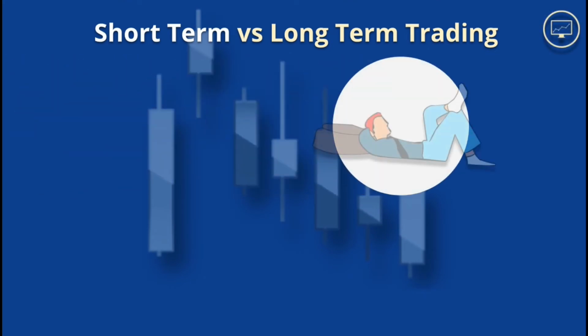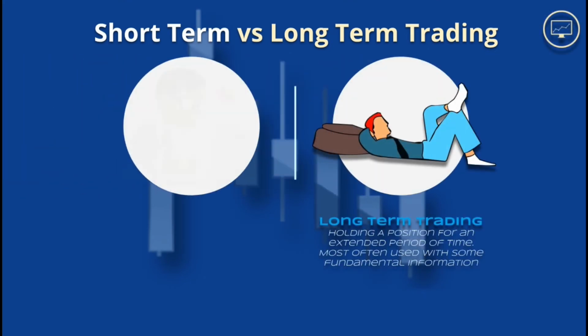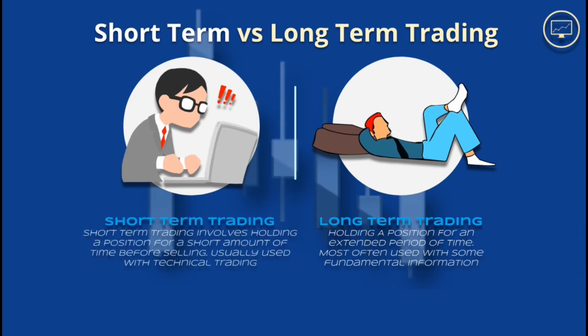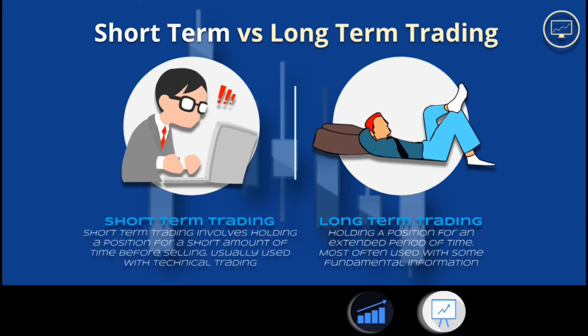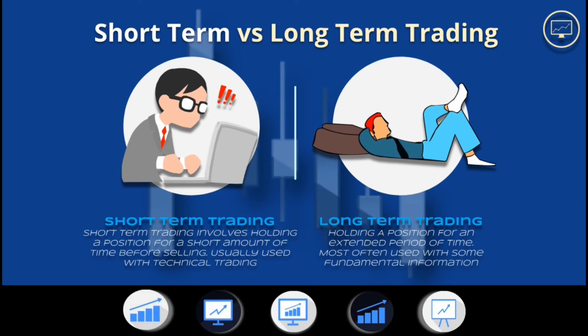Besides either being a technical or fundamental trader, you could also choose to be either a long-term or short-term trader. Long-term trading is when you purchase an asset or shares of stock with the intention to hold for a long period of time. Most often used with fundamental trading, typically long-term traders will hold for weeks, months, and sometimes even years. An example of long-term traders could be swing traders who can hold positions for weeks and even months at a time. Usually, fundamental traders care more about the underlying value of the company and not the day-to-day price action. This allows them to have confidence to hold for extended periods of time despite volatility.